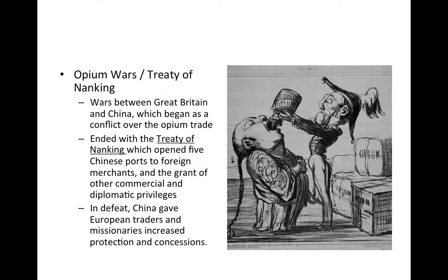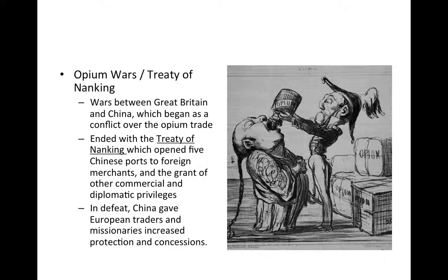Extraterritoriality rights, where they were kind of free from rule in a sense. The people of China had kind of some legal privileges. Also, the Chinese were going to be more open to missionary work. And again, the European traders were going to have more of an ability to trade those goods. That's hence the sphere of influence, right?